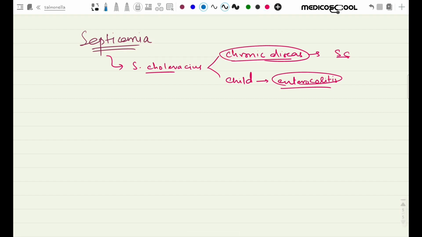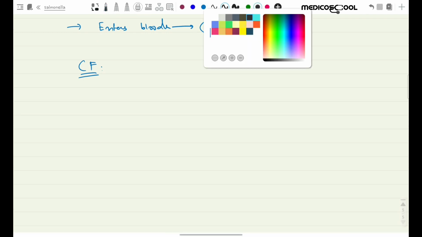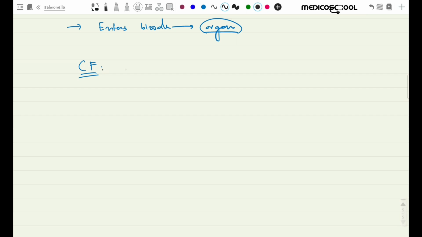So how do they cause the septicemia? They simply enter the blood and attack the organs. Every organ which Salmonella choleraesuis finds, they attack it and cause disease in it. So what will be the clinical findings? The clinical findings will be related to many organs. For example, the first will be general features: fever, malaise, etc. And depending on the organ, there may be osteomyelitis,